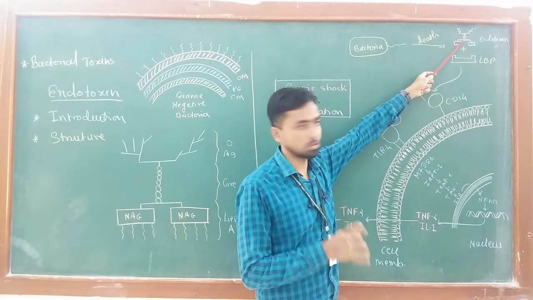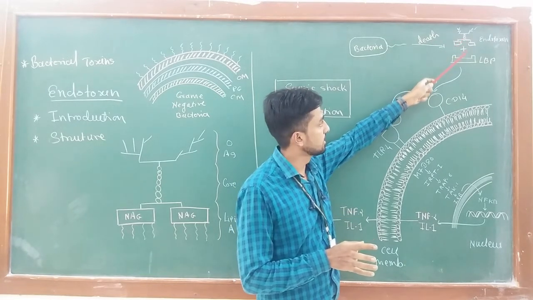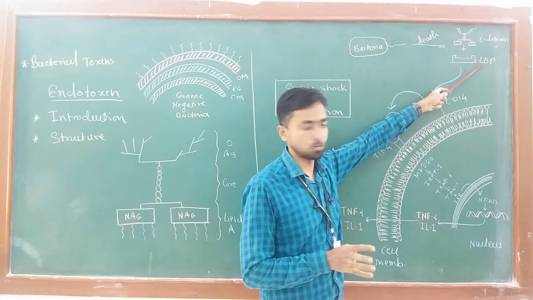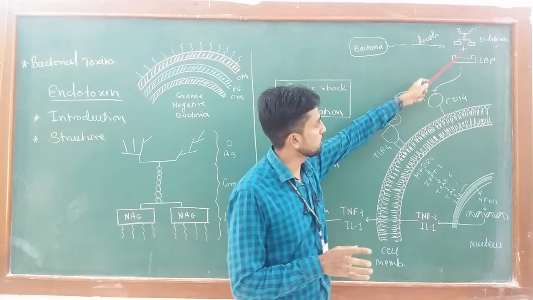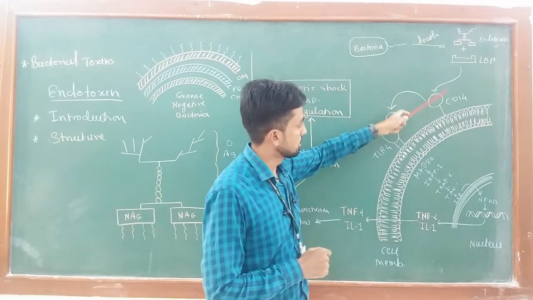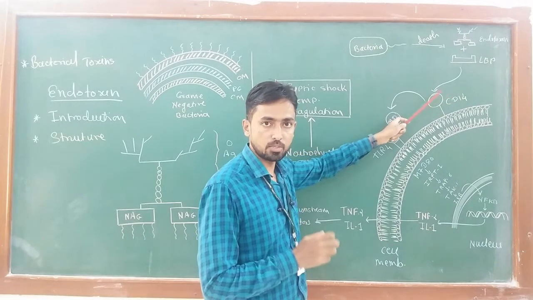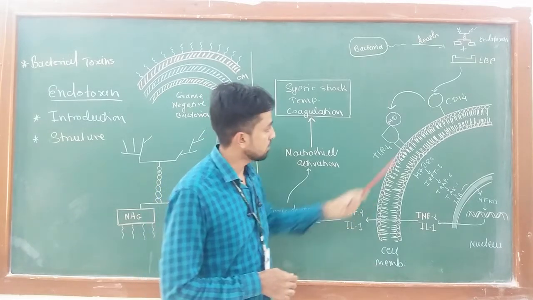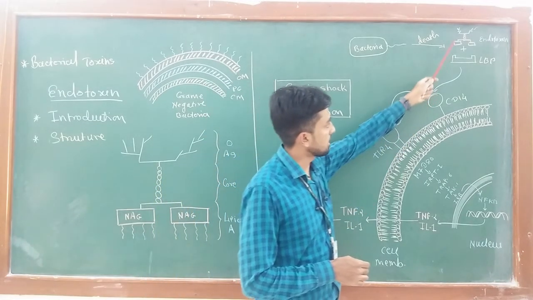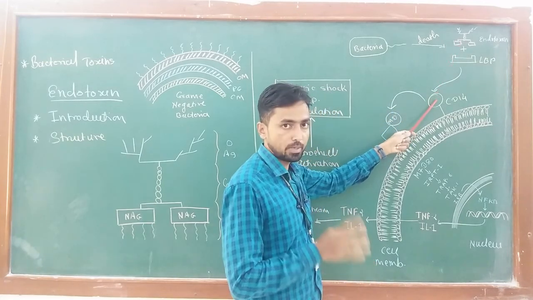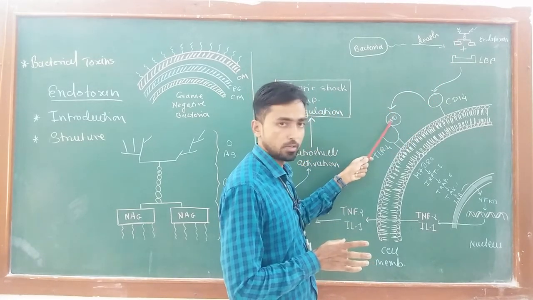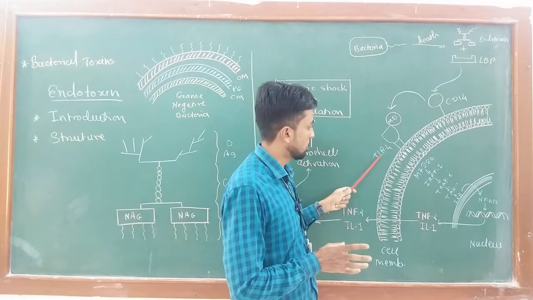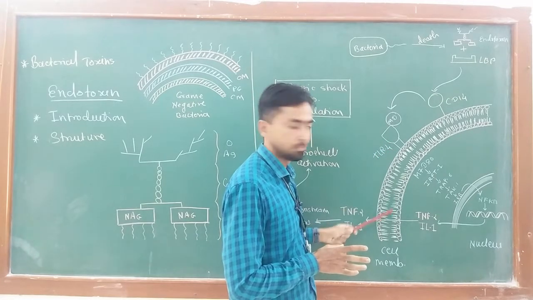After entry into the blood, these endotoxins get attached to a special type of carrier protein called LBP, lipid binding protein. This LBP molecule delivers endotoxin to the CD14 molecule, a cluster of differentiation protein, which is present on the cell membrane of phagocytic cells. Now this CD14 molecule transfers the endotoxin lipid A component to the MD protein. This is myeloid differentiation protein, which is present on toll-like receptor 4 on the same cell.